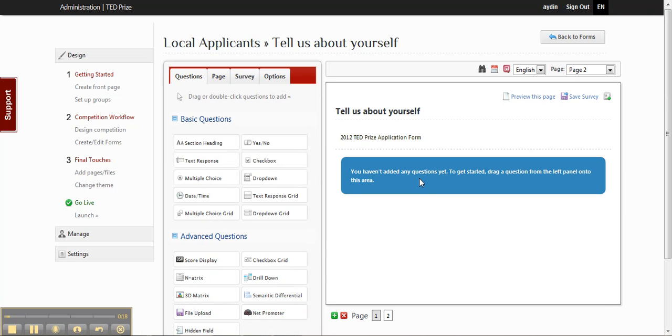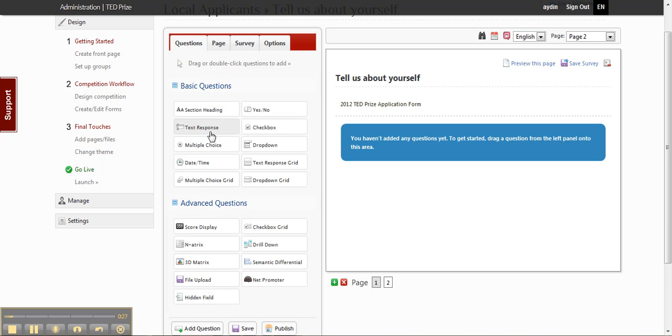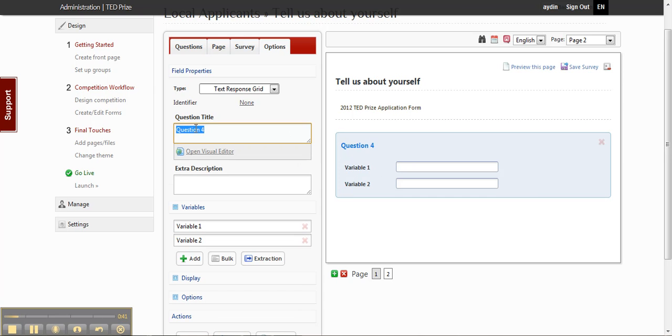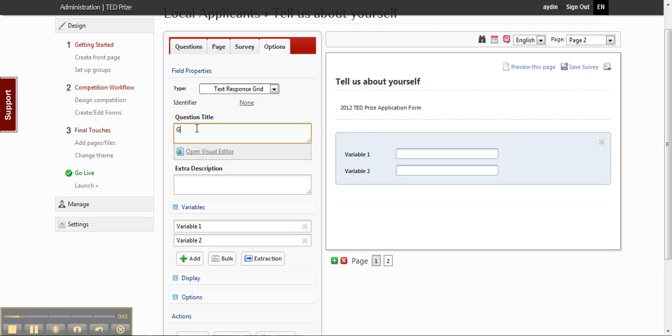And on page 2, let's add a question type that is more common, something that you would commonly add in any form, and that is the text response grid question type. So let me just drag this in. The reason I drag this in is because typically you'll ask things like first name and last name and address and state and province and all those questions, and I'll just make it something like